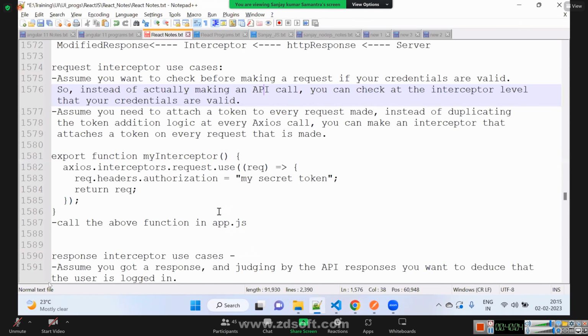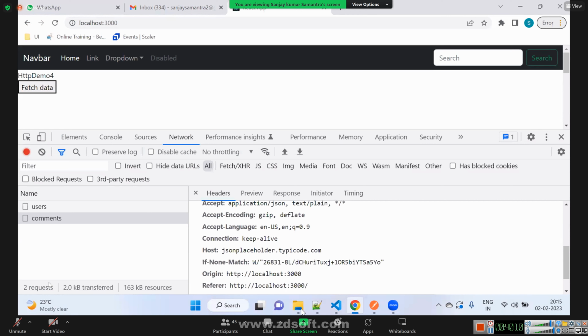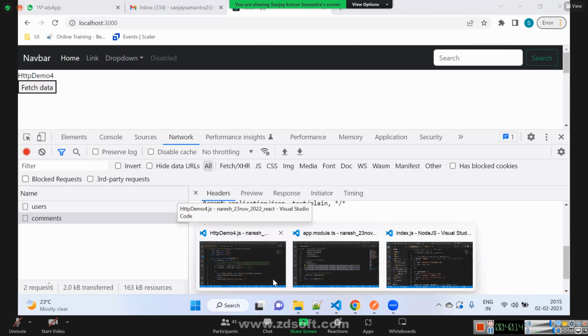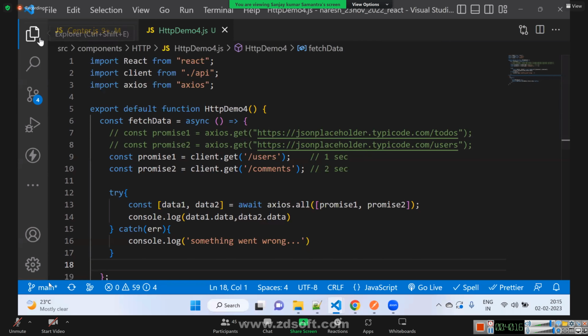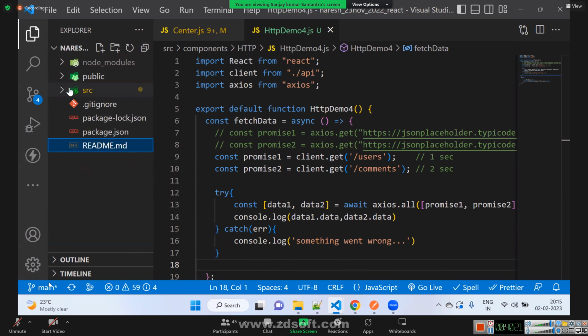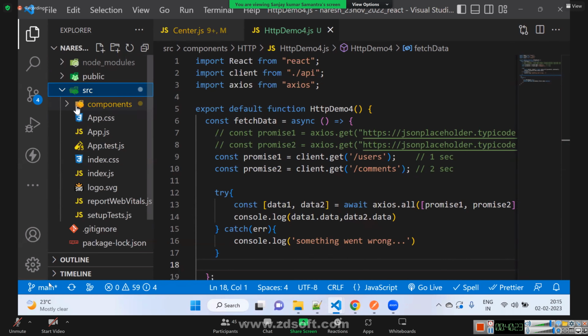Now I'll write one interceptor. Let me create one interceptor. So I'll go to my project, inside source, I will not call it components.